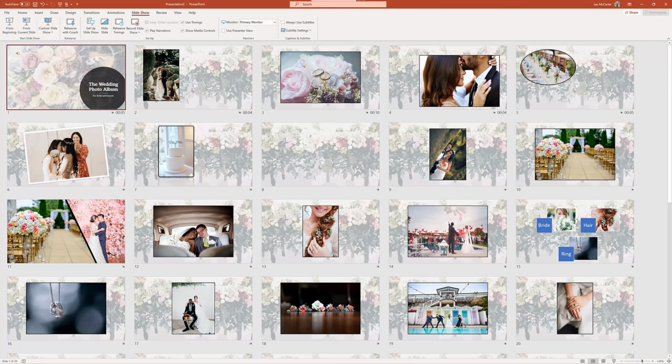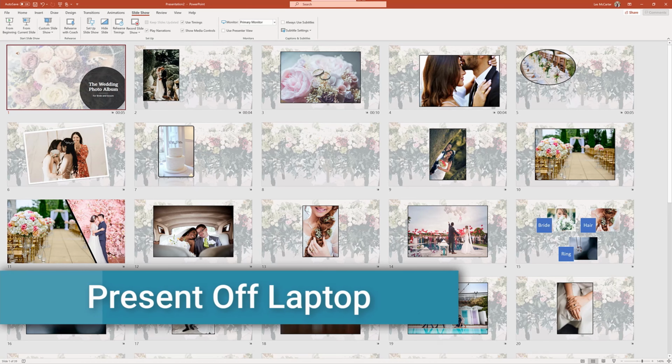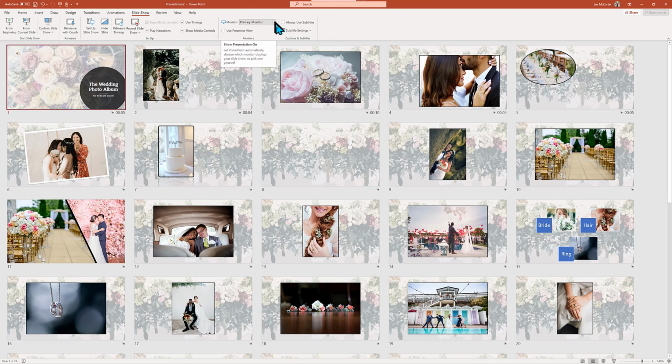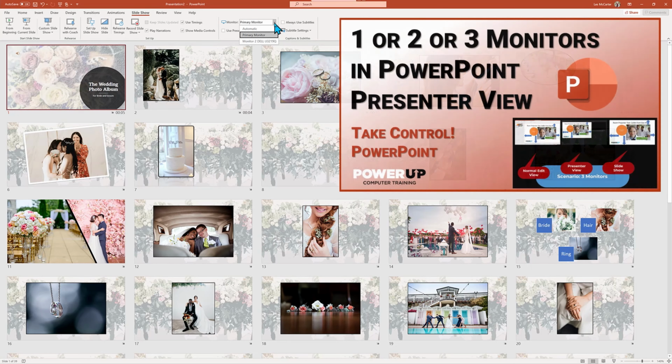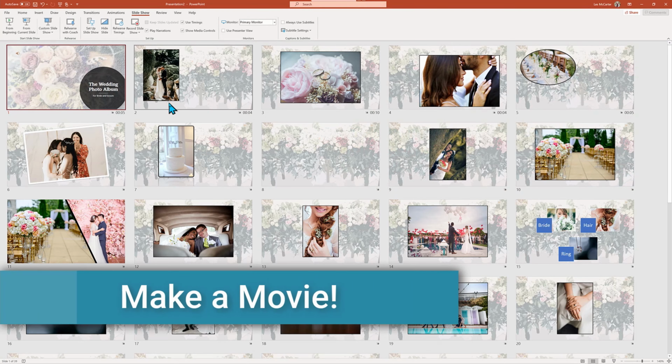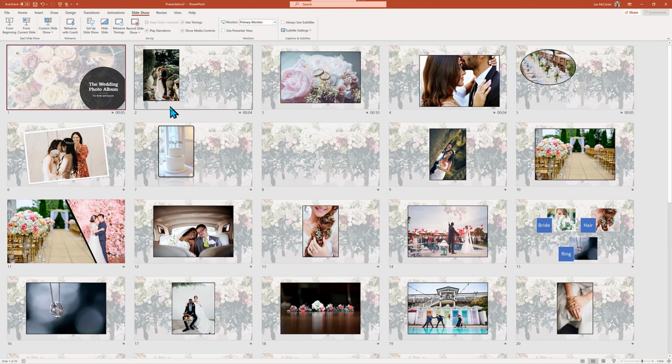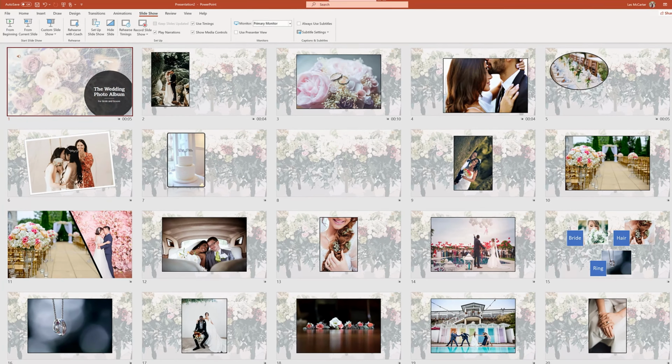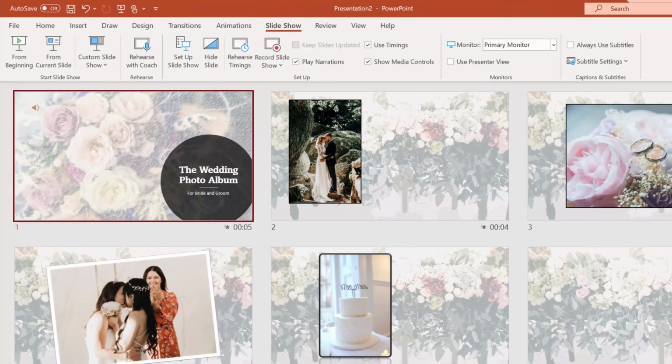So on to our last decisions. If you plan to use your laptop with PowerPoint already installed to make the presentation, you still need to test the projector to make sure that everything fits and you know how to run the audio and the video. If you need help, take a look at this tutorial on running more than one monitor. But if you plan to use a computer that PowerPoint is not installed on, or you just want to automate everything, then turn your presentation into a movie file using the .mp4 MPEG-4 video file format.